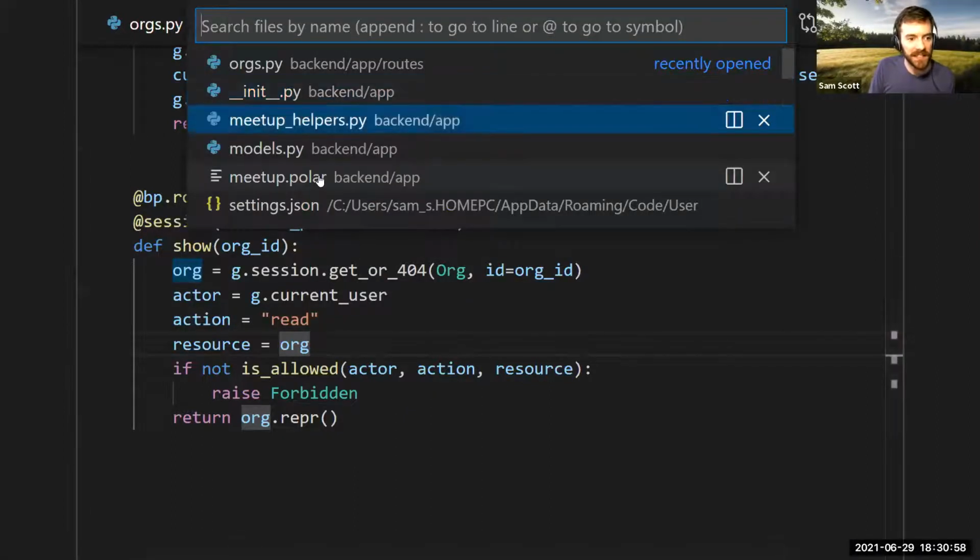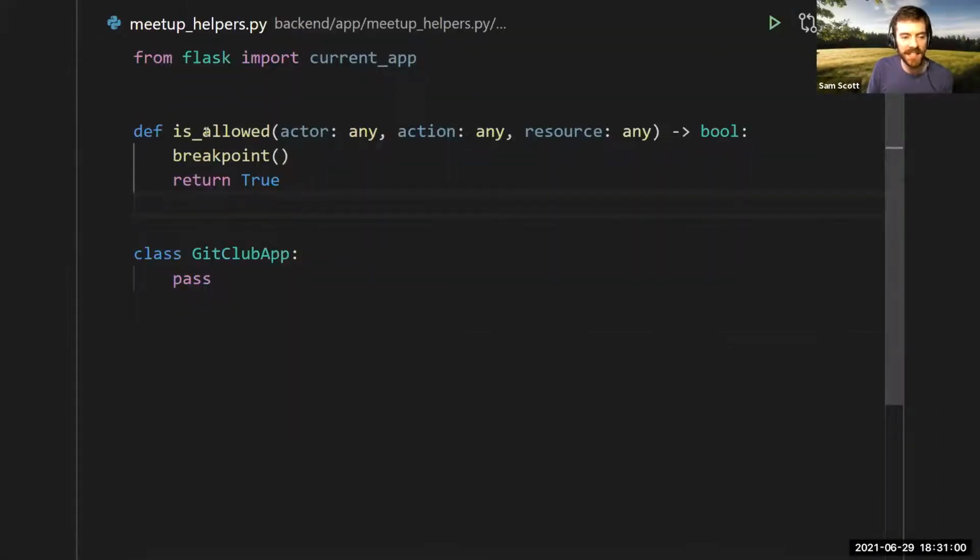And so what I've done in this little helper here is put this all behind an isAllowed interface that takes in an actor, an action, and a resource, right? So again, a user trying to read an organization, that kind of thing. And this question, what is the user allowed to do, is a really good starting point to think about what you're trying to enforce in your application. What is the question you're asking? What's the thing you're trying to decide on?